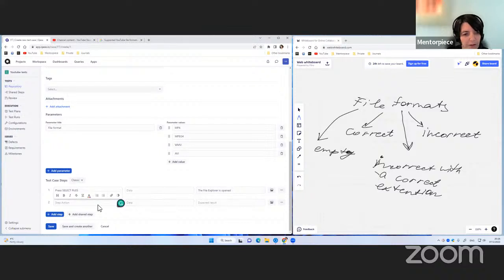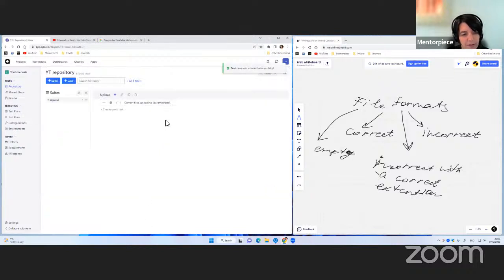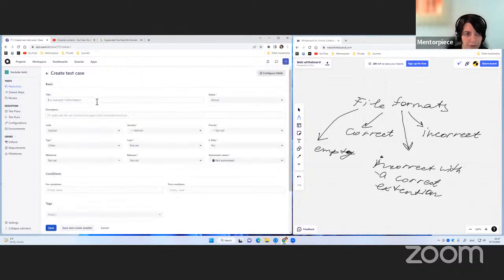Okay, the file explorer is opened, and choose a file with a format: colon, data. Data is the file format. Yes. Okay. And we save our test case. This is it. And the other one for the incorrect